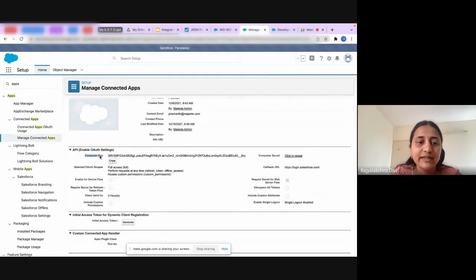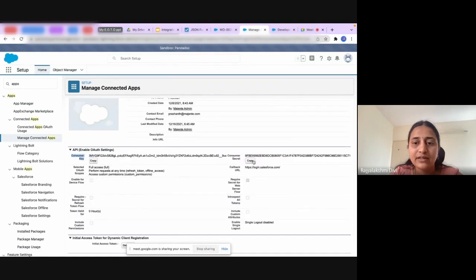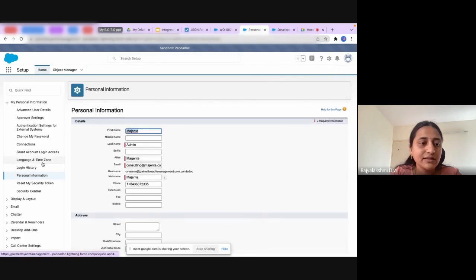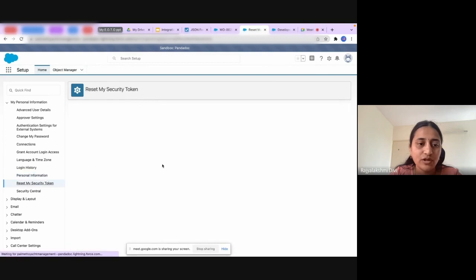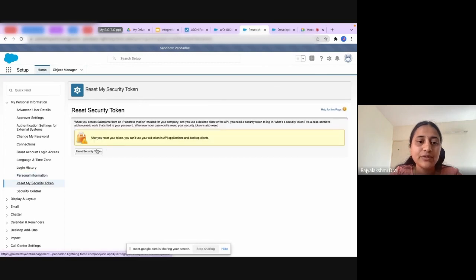From here, we'll be getting the client key, and here we'll be getting the consumer secret key. So these two, client key and secret key, we have to give them. Along with that, when you go to the settings, you'll have the security token for your org. When you reset the security token, you'll get it by mail. Once you have this security token along with the client key and client secret, you have to give this also to them,